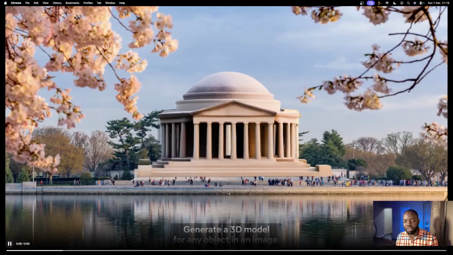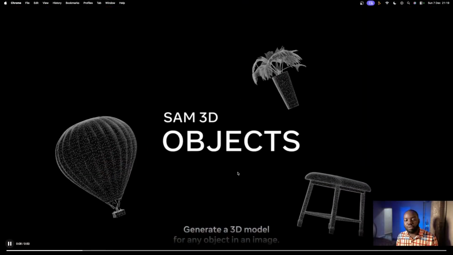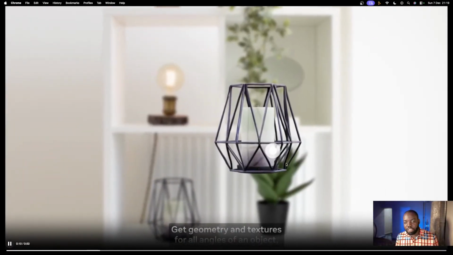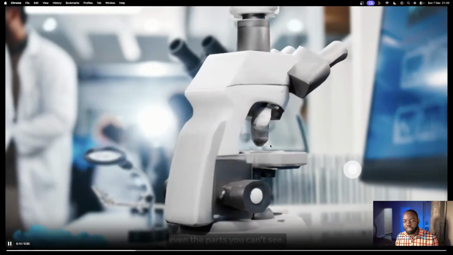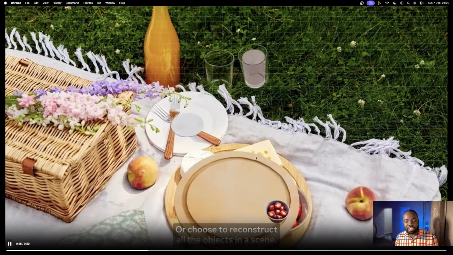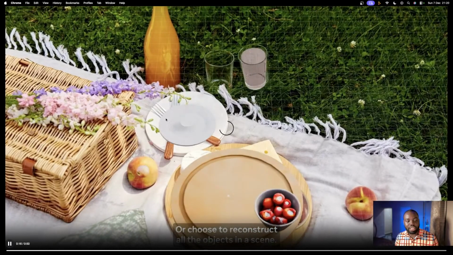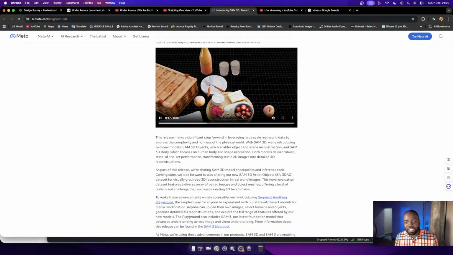You can just select the building out like this, and it gives you a fully rendered 3D object of that particular video. You can see the same thing here with the plates and the fruits and everything. All these things can be used creatively.